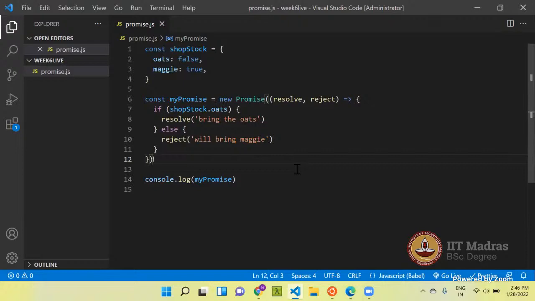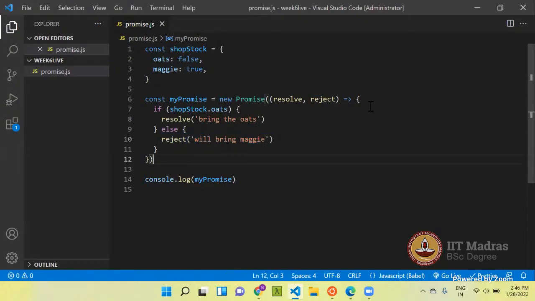The first state is pending, the second is resolved, and the third is rejected. In the first case, when the value of oats was true, the state of the promise was resolved, and when the value of oats was false, the state of the promise was rejected.